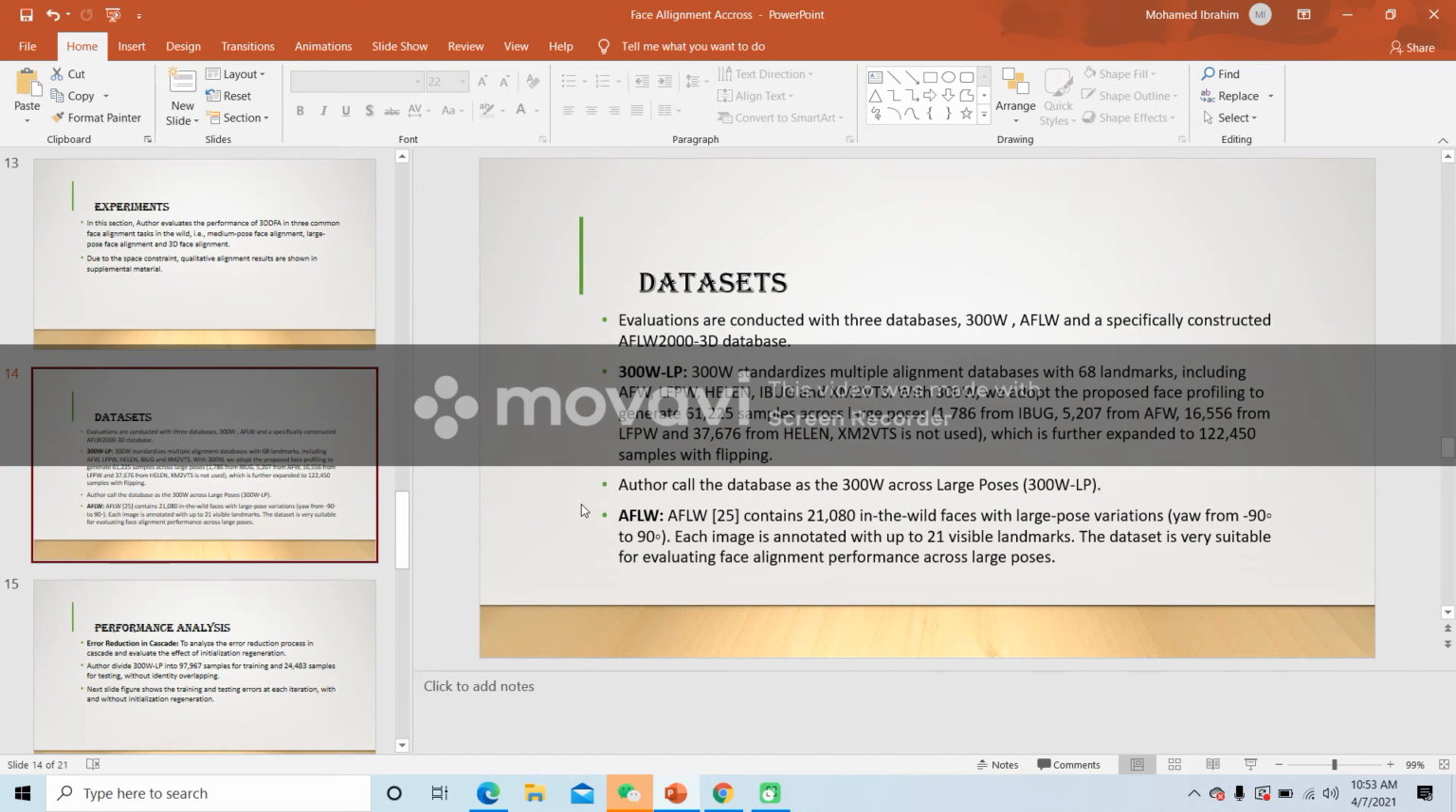Datasets. Evaluations are conducted with three databases: 300W, AFLW, and the specifically constructed AFLW2000-3D database. 300W is a standardized multiple alignment database with 68 landmarks, including AFW, LFPW, Helen, iBUG,